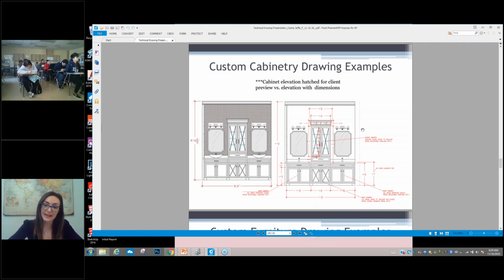But then on the right side, I have all the notes and dimensions broken down, which would be for the installer and/or maybe the custom cabinet maker. And that's what really brings everything to life. So if I were to show the client this on the right-hand side, they would probably think I'm crazy and not really understand what I'm trying to show them, right? Because it all depends on what